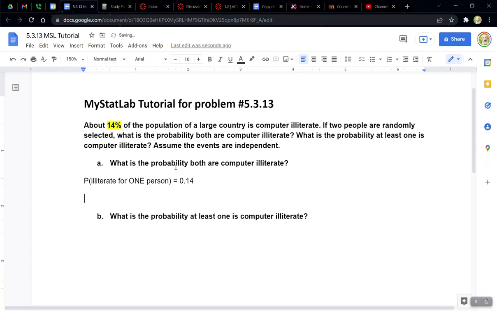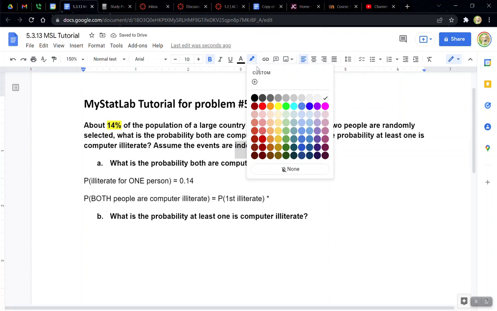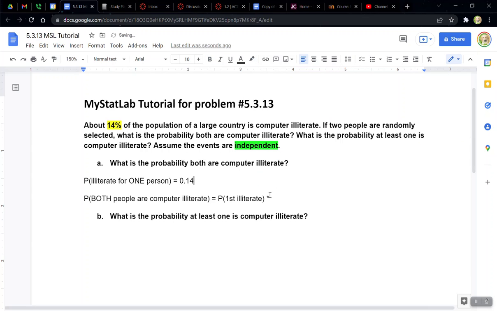So then what's the probability that both are illiterate? So it says here we're selecting two people randomly. So the probability that both people are computer illiterate would be the probability that the first person is illiterate times the probability that the second person is illiterate. In other words, because they're independent, as it says right here, then we can use rule number 4, multiplication. So we're able to just multiply the probability that the first one's illiterate times the probability the second one's illiterate. All right, so that would be 0.14 times 0.14,